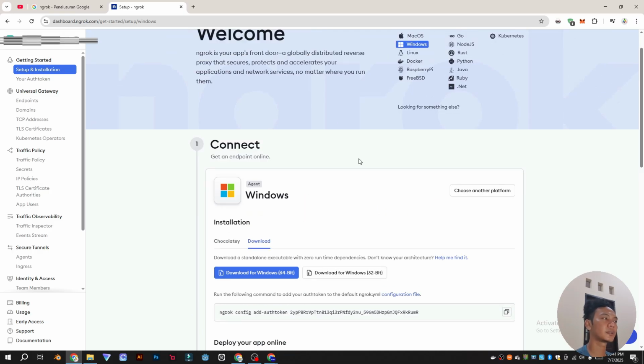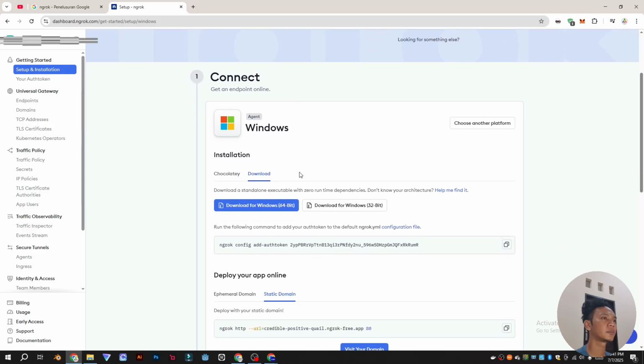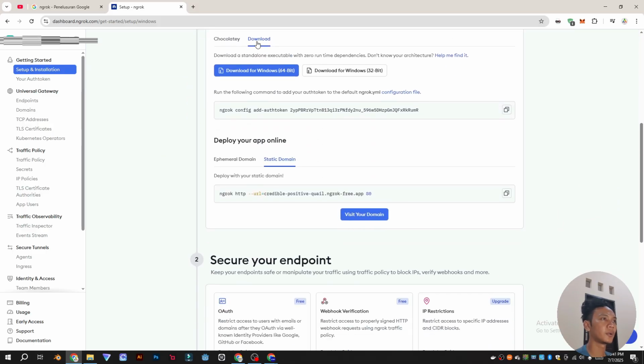After you sign up in ngrok, you can go to the download tab. After you download it, you have two commands. First, the authenticate token, and second, the static domain to make our computer public.